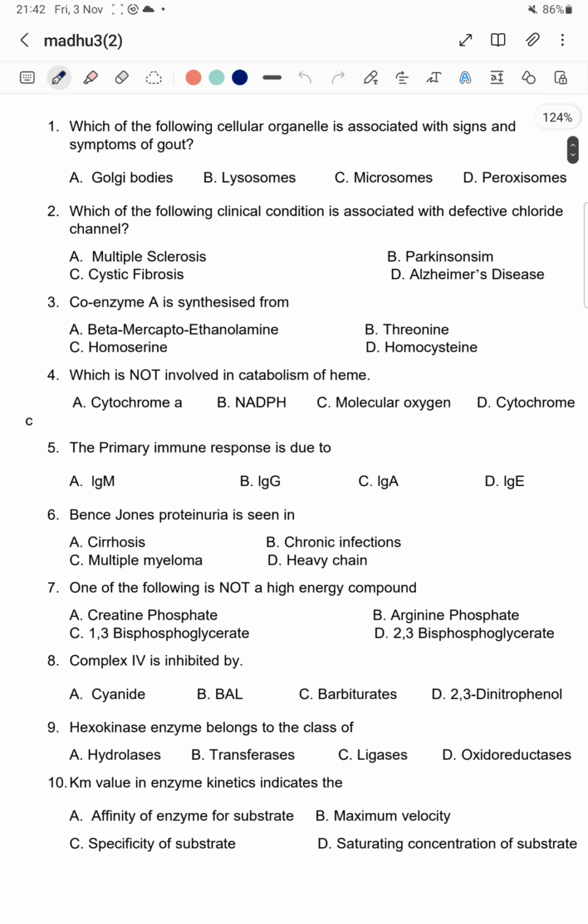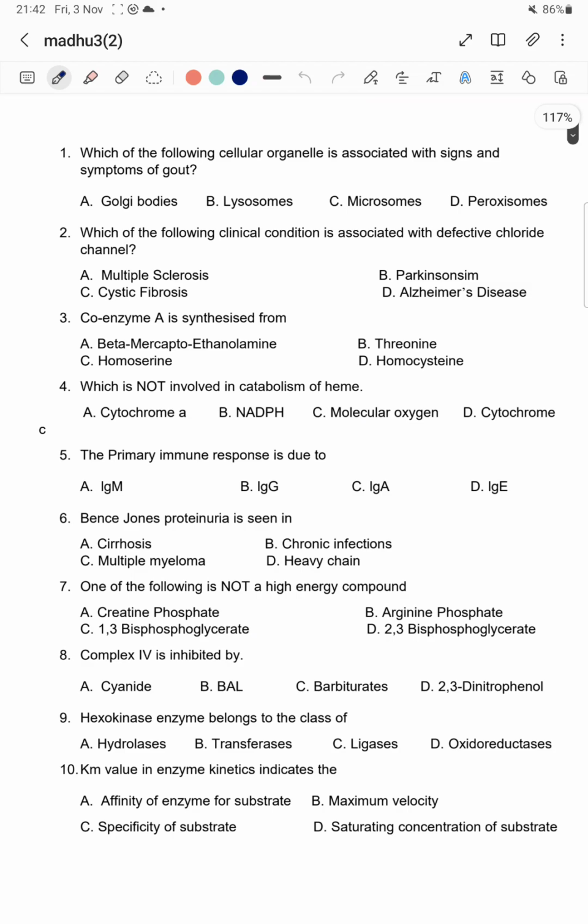Okay, fine. The first MCQ is: which of the following cellular organelles is associated with signs and symptoms of gout? Here we have four options: Golgi bodies, lysosomes, microsomes and peroxisomes. The correct answer is peroxisomes, because